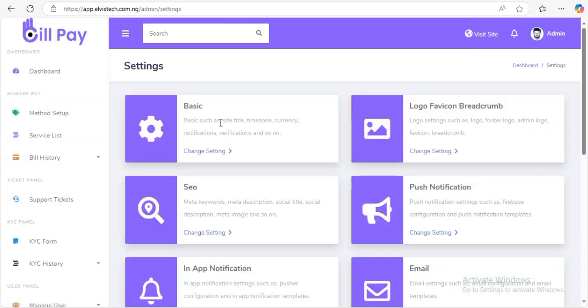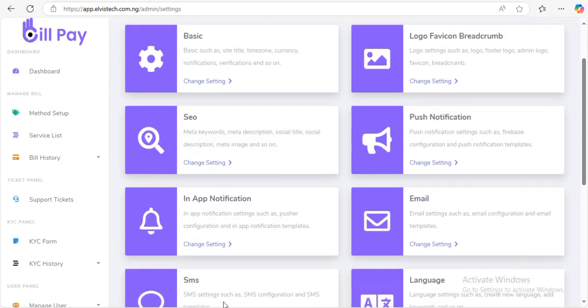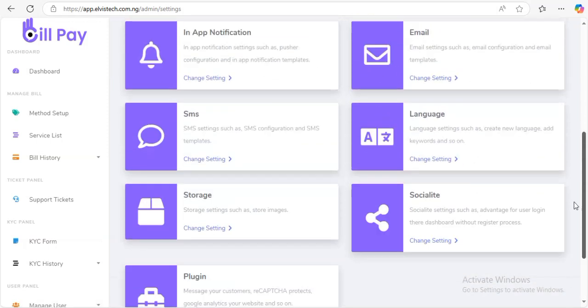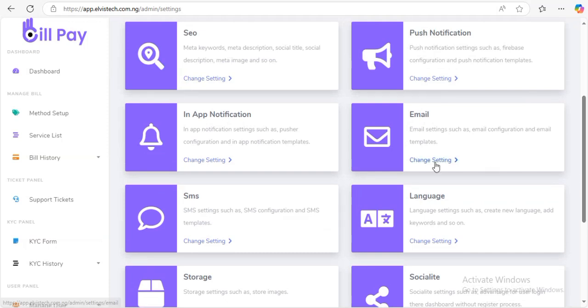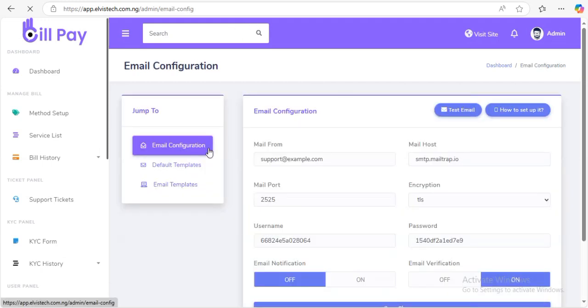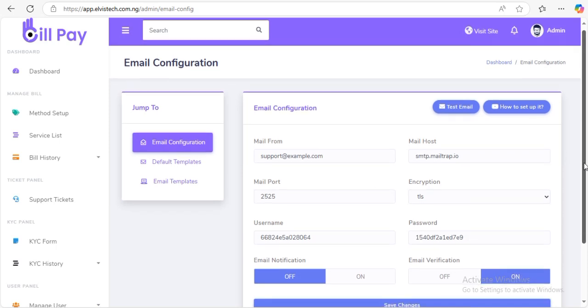Where you set up the site name, the logo, the SEO name, and your email. This email is very important, so I'll be showing you how to do it. Because you will need users to verify their emails once they register. So the email configuration, you click on email configuration. Now this mail from, it could be your site name, support at your sitename.com. Then the mail host,